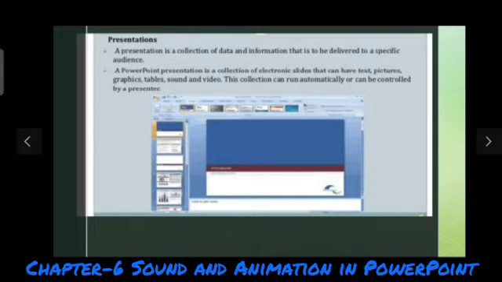This collection can run automatically and can be controlled by a presenter. Everything is controlled by a presenter. So in this PowerPoint presentation, we can add text, picture, graphics, tables, sound and video also.